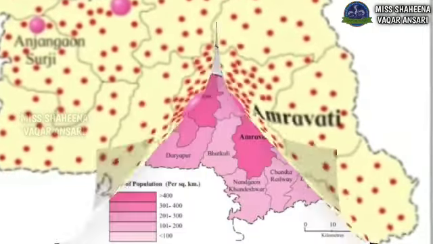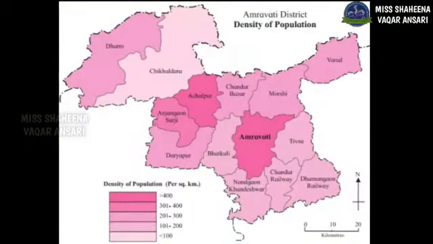Now look at this map. What kind of map do you see now? It is the tint or shade map, also geographically known as the choropleth map. The darkest shade of pink is the maximum and the lightest shade of pink is the minimum. So, in between you have three intervals.